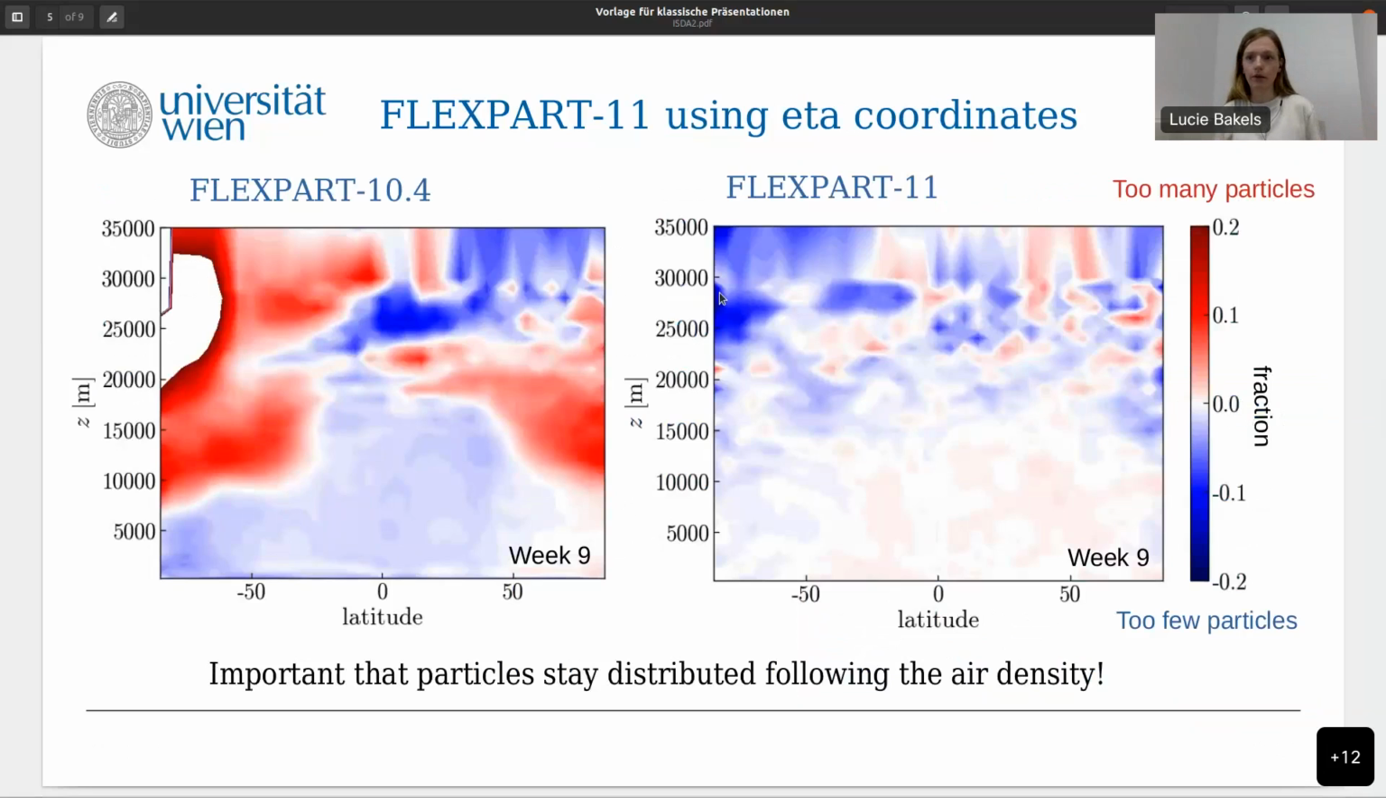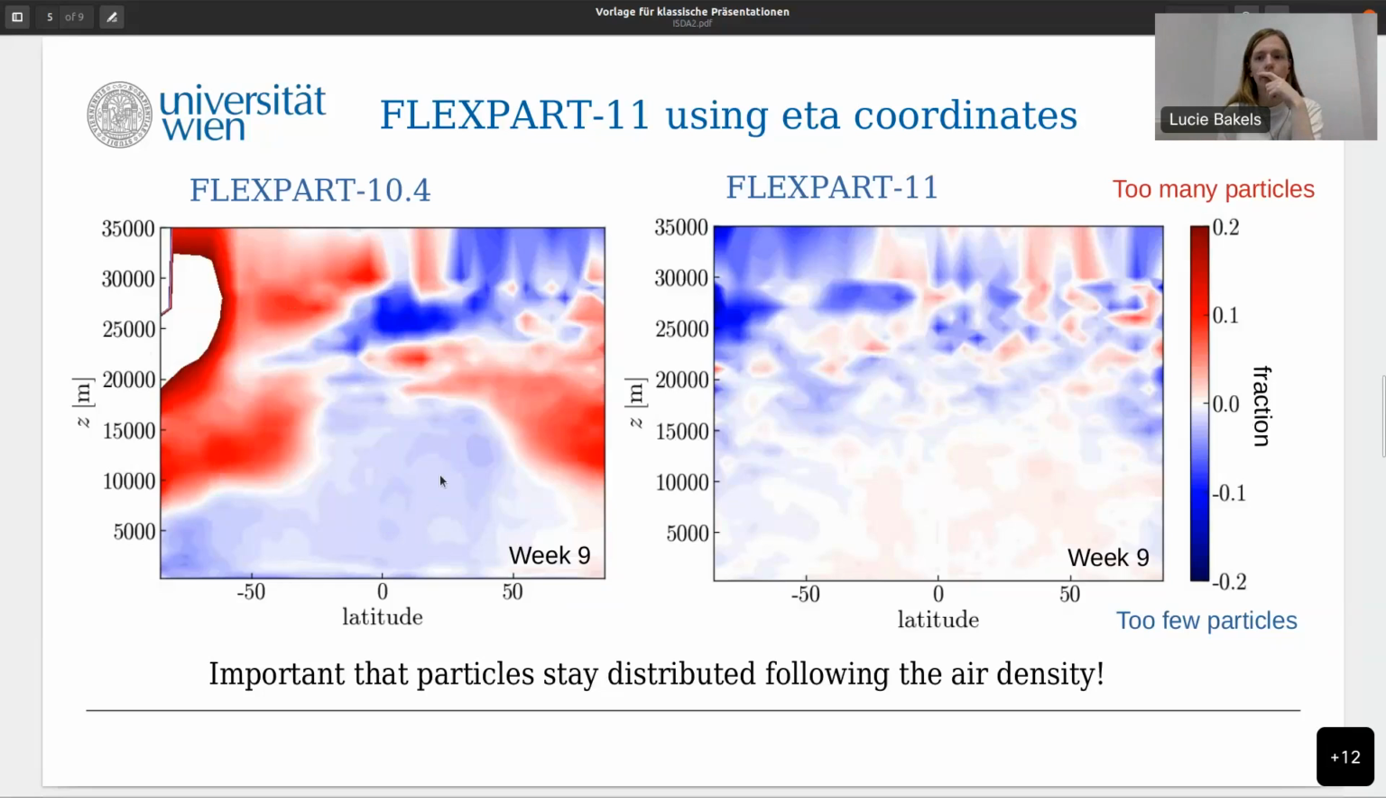One of the main issues we had with FLEXPART 10.4, which is the newest official release, is that the air parcels no longer follow the air density profile of the atmosphere after a while, which is problematic if you want to trace air for longer periods, as we are doing. Here on the left side, you see the difference between the particle number densities and the actual air density as given by the ERA 5 data after only 9 weeks of running the model. The y-axis shows the height above ground level in meters, and on the x-axis are the latitudes. The values are averaged over a whole week and over all longitudes. Red means too many particles, blue means not enough particles. So we end up with accumulation of particles above the poles,